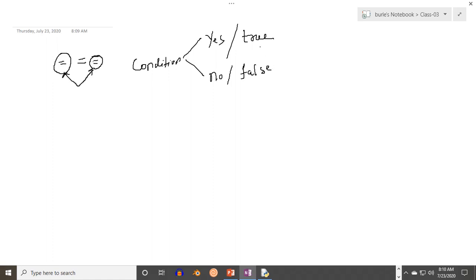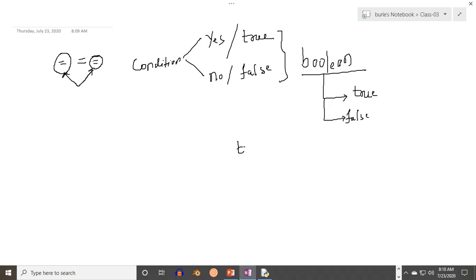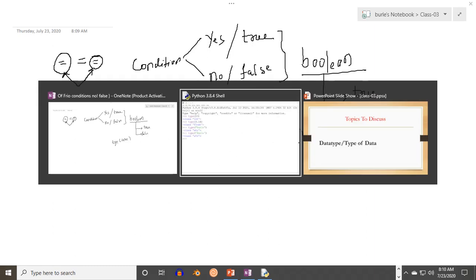So in Python, the true, false or yes, no values are known as Boolean values. We will discuss all in detail, but for the time being, just confirm that in Python there is a Boolean value which will always provide an answer in the form of true or false. There is a Boolean value true, that is a reserved word. There is another Boolean value which is false. If you use type of true or false, it will display the type as Boolean.